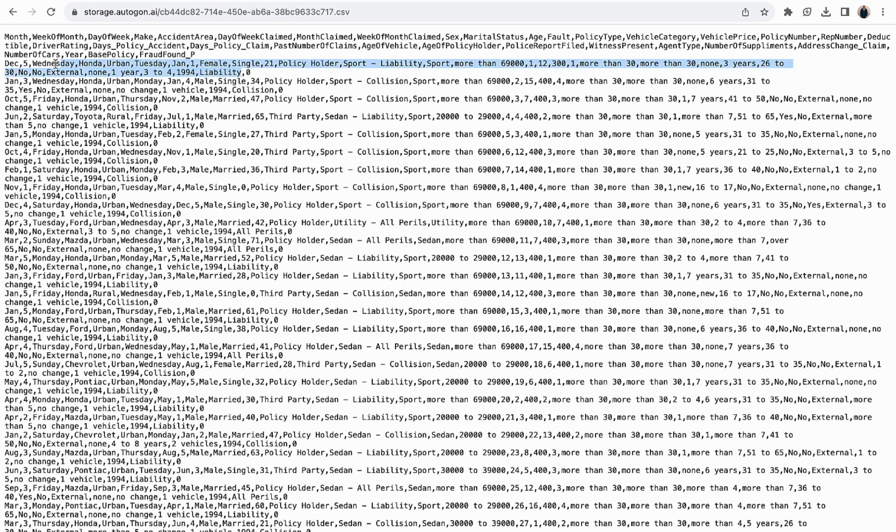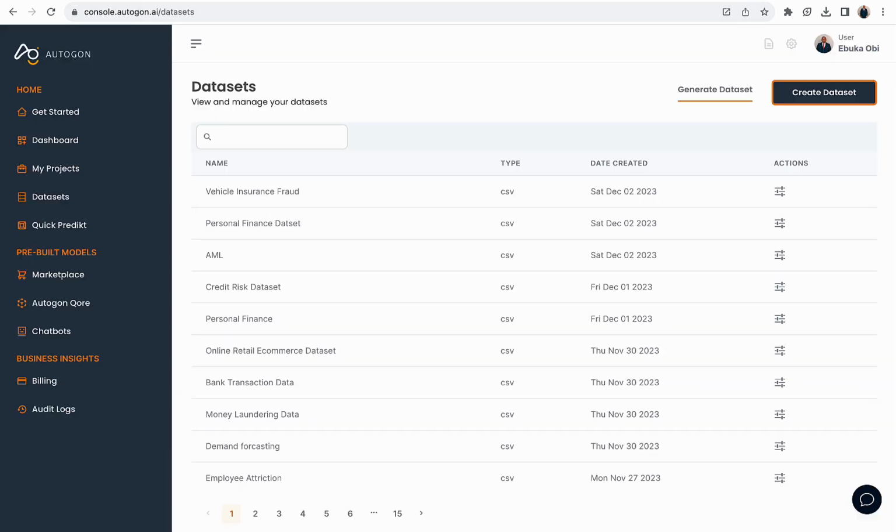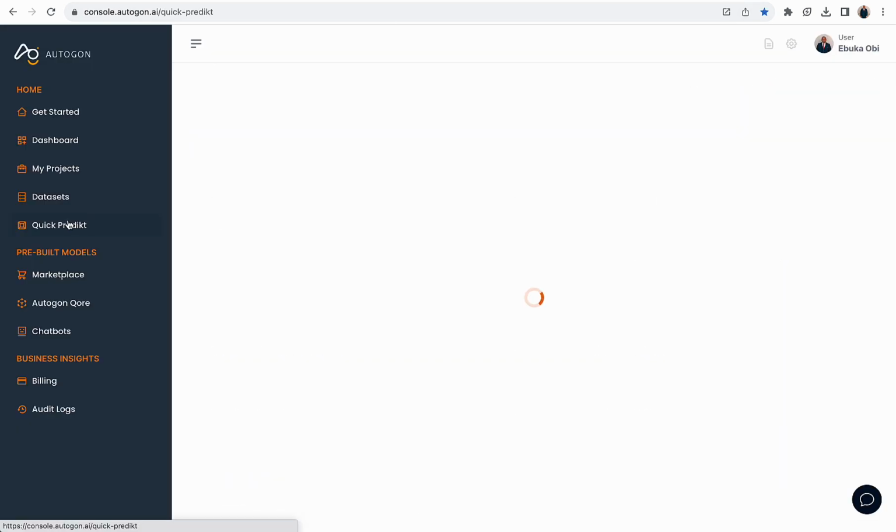So I'm going to take all of this down to this place, and I'll use it to inference our model. And to do this on Autogon AI, you can't input this data directly. You have to create a data set out of this string and use that data set to inference your model. So to do this, I'll just hop down to Autogon Quick Predict,